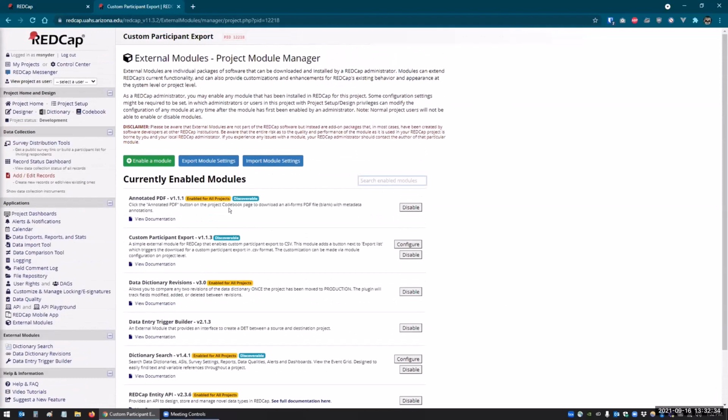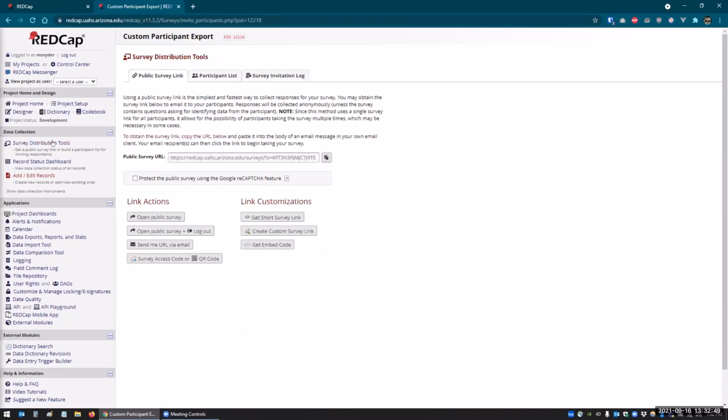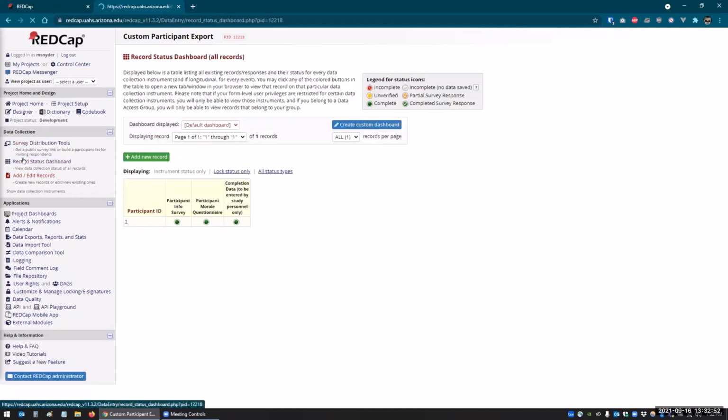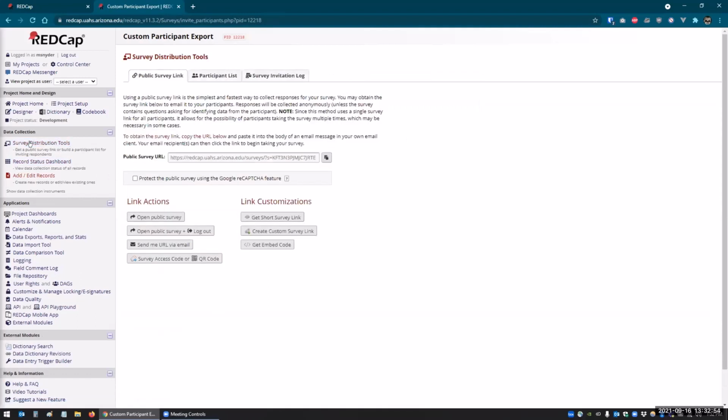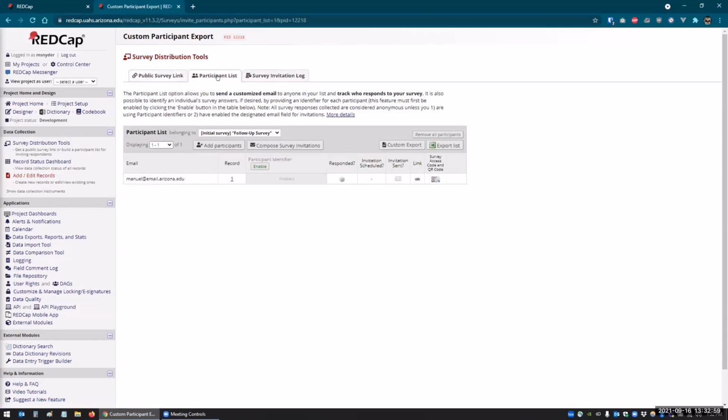Now, to find out where this module functionality lives, it lives in the participant list for surveys. So we would go to the survey distribution tools, and I just have, let me look at my records here. I just have one record here. And if we click on the participant list in the survey distribution tools, it adds this button here for custom export. And so to show you, this export list exists automatically. And so if we click on this,